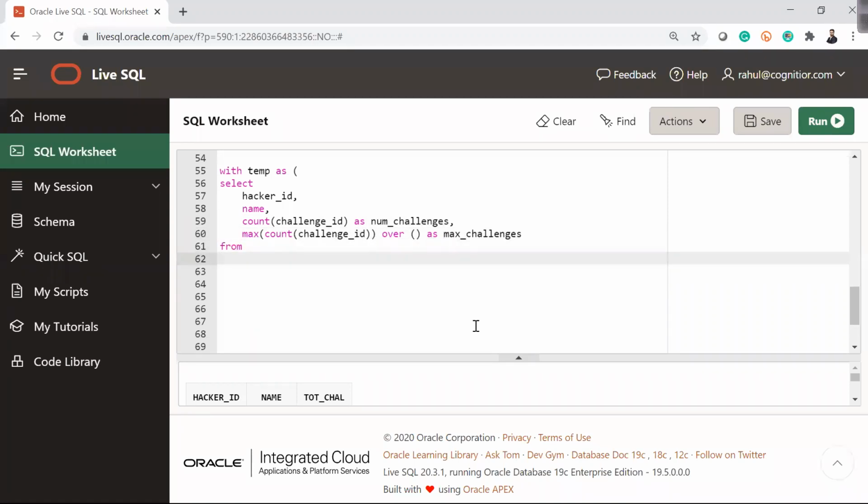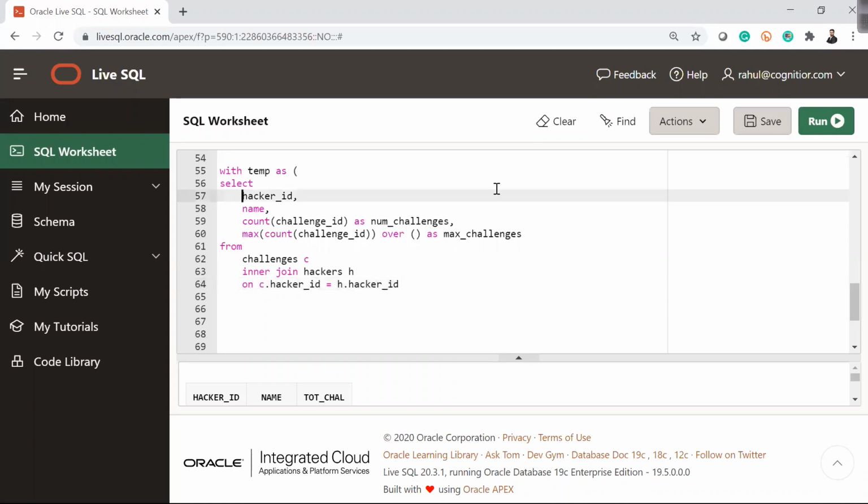From challenges C, inner join hackers H on C dot hacker ID is equal to H dot hacker ID.